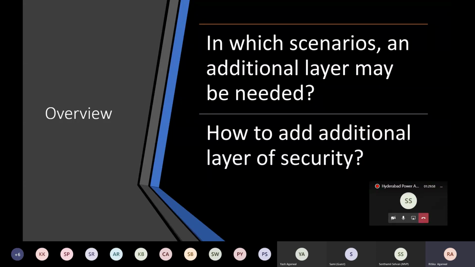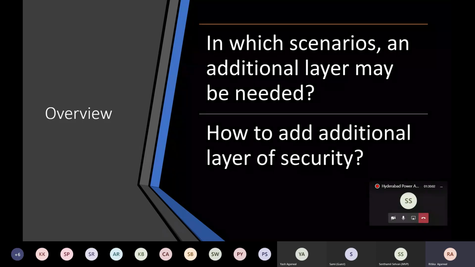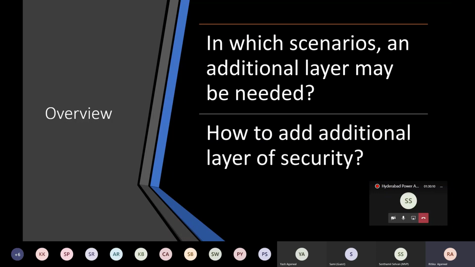So how can I configure the app in a way where if person A is going to access the app, that person A should only be able to see the details which are assigned to his username, and if person B is logging into this application, then person B should only be able to see the details which are meant for person B?